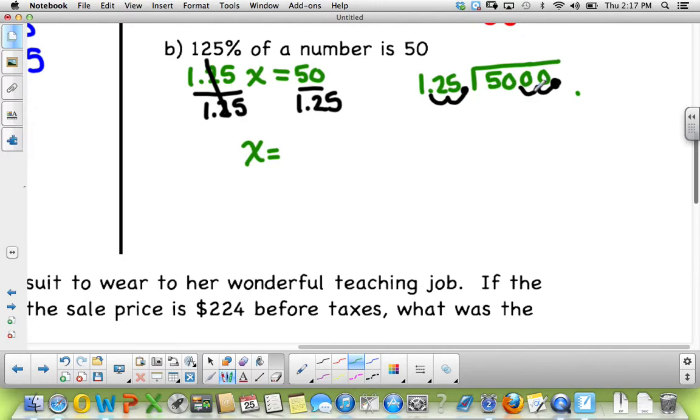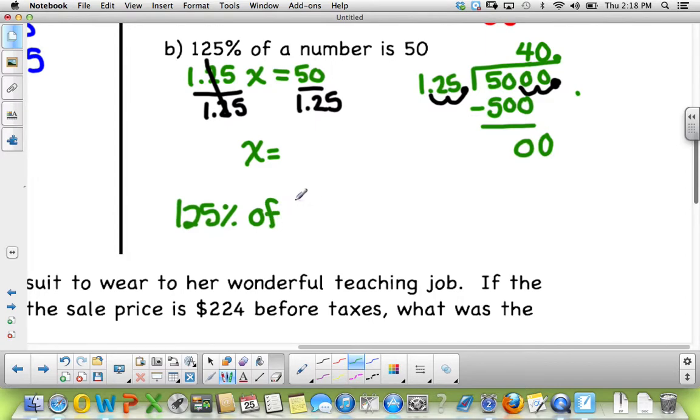But you got to start with 500. So you got to think, what's 2 times 125? That would be 250. What's 3 times 125? What's 4 times 125? And see which number goes into it, as many as possible without going over. So 500 is divisible by 125 4 times. I'm going to multiply that and it gets 500. Subtract 0. Now I still need another 0 because my decimal is here. I need a placeholder, so 40. So 125% of 40